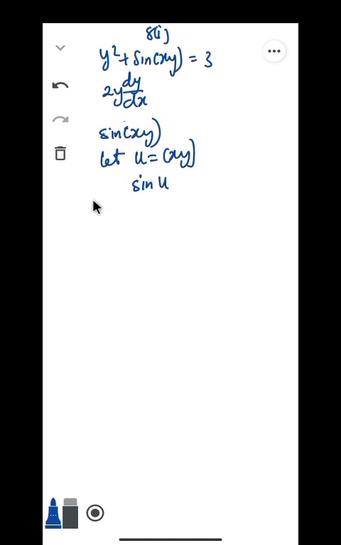And that means, according to the chain rule, if we say let y be equal to sin u, remember we are trying to differentiate sin xy, so dy/dx will be equal to dy/du times du/dx. And what's dy/du? It simply means differentiate y with respect to u here. And if you do that, you should have cos u,